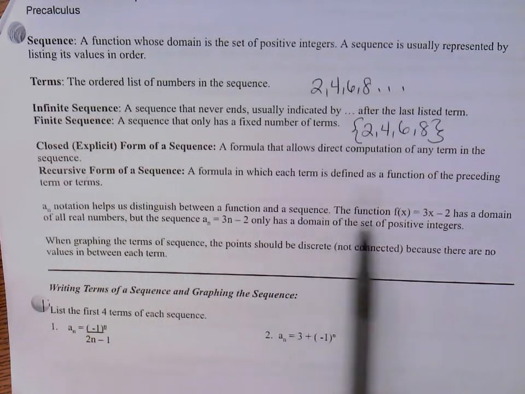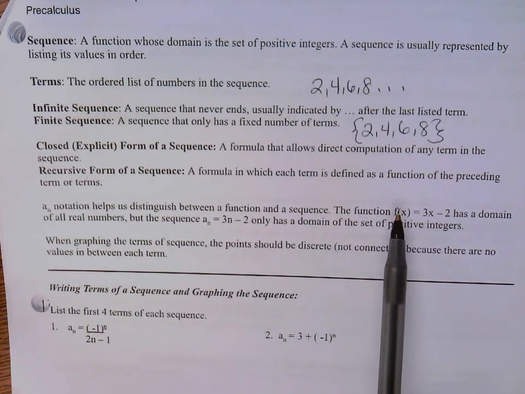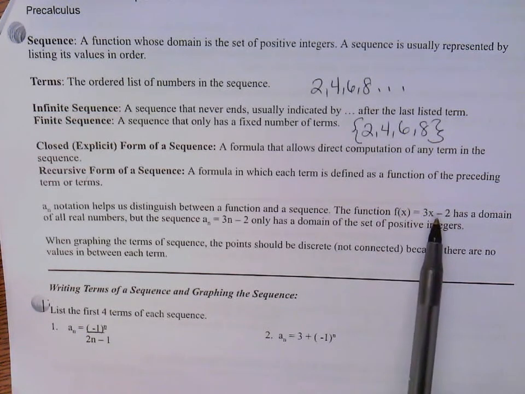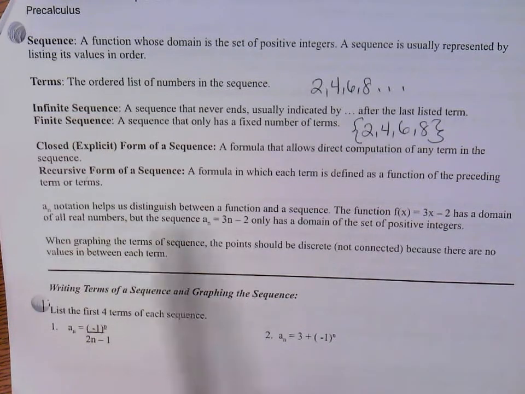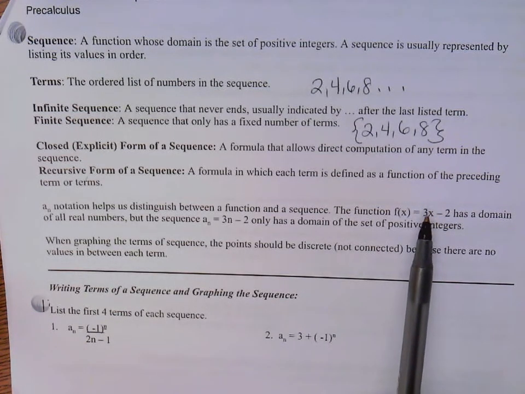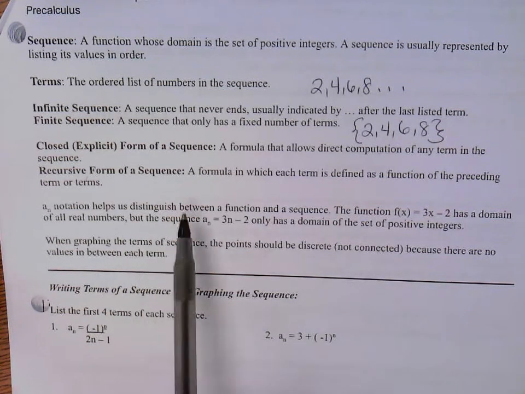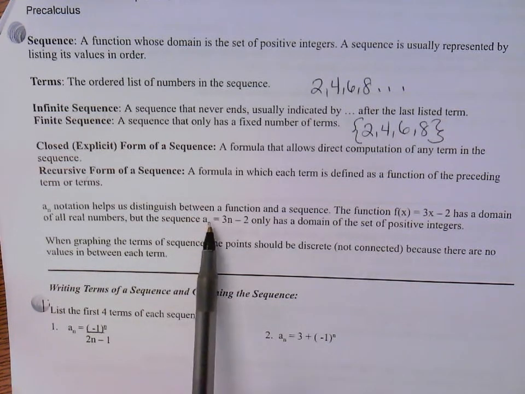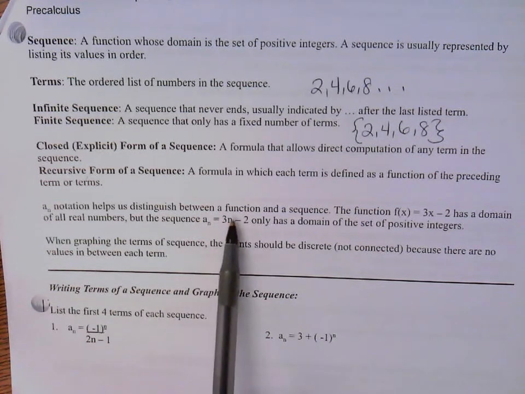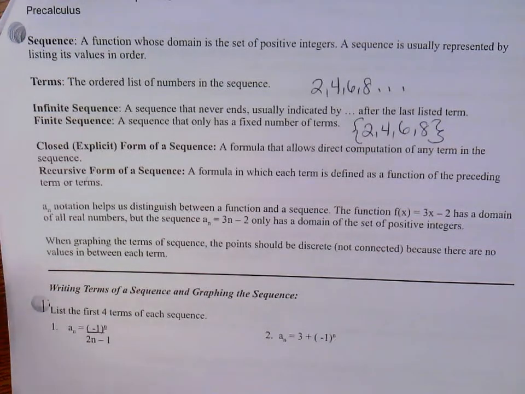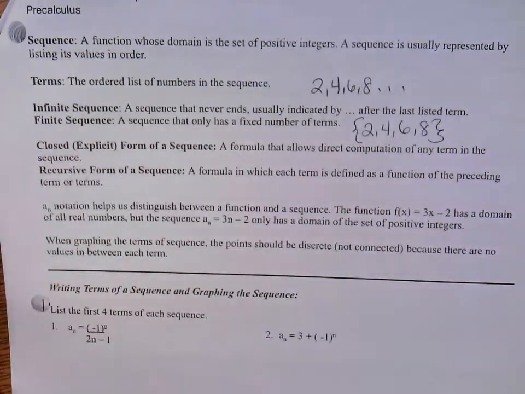So you could have function notation that you're familiar with, right? f of x equals 3x minus 2. That just has a domain of all real numbers. I could plug in 1.5. I could plug in -10. But if it's written in sequence notation a sub n, that's like telling your brain you're not allowed to plug in 1.5 anymore. And if you notice on your calculator, I never put mine in sequence mode personally, but if you go to the mode key,